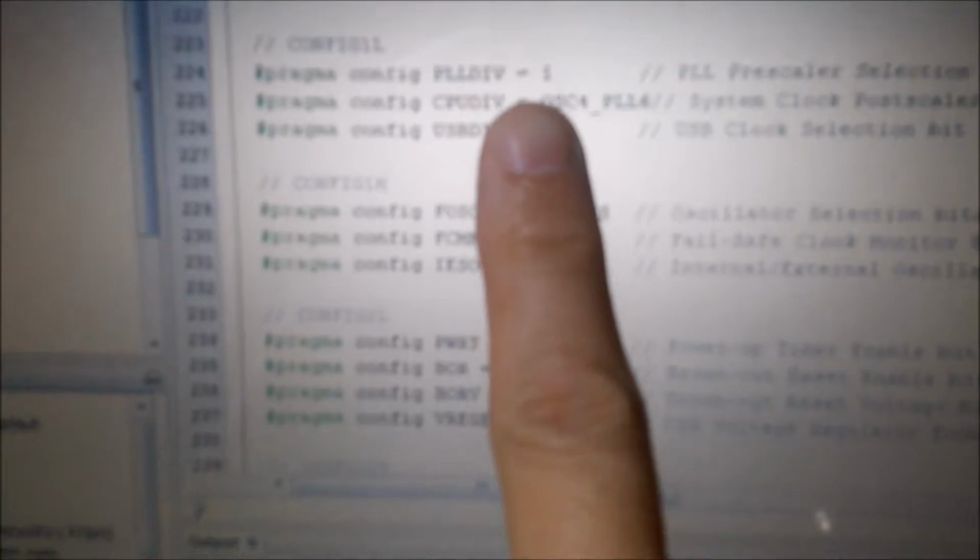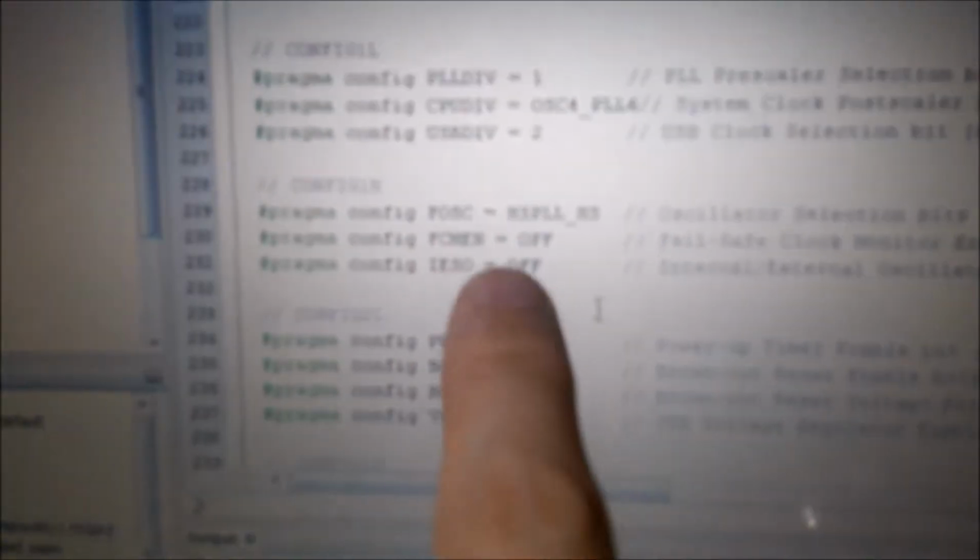All these settings should be exactly the same as the previous one that is on the main program. Otherwise, after programming into the microcontroller, it won't work. And another important thing to be mentioned is the